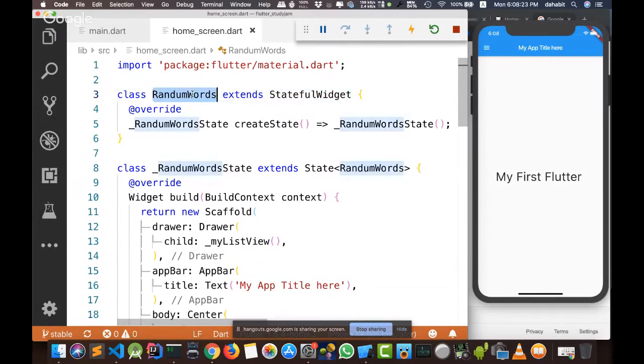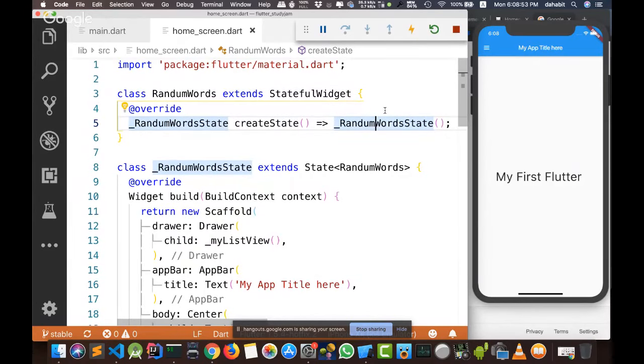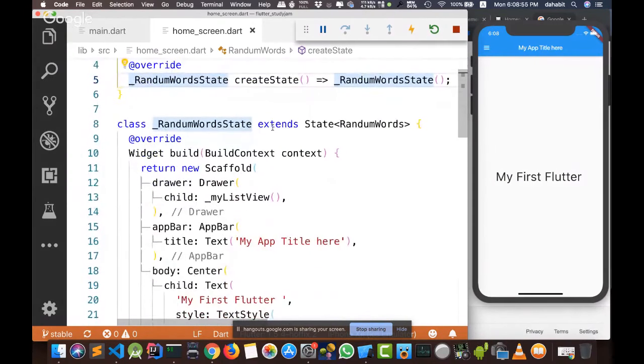The first class is the same immutable class which is responsible for the widget, and we are overriding the default method inside this class, called createState, which is responsible for creating a state for our application. Creating a state means that I am telling the render object, please make sure that there is a state for this widget, and this state can be changed during my application's lifetime.